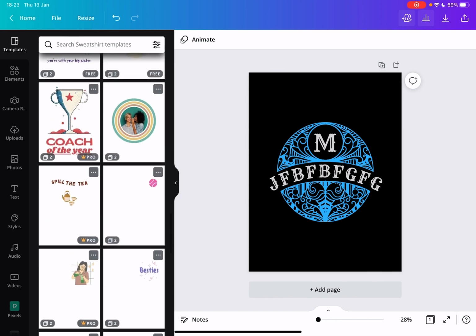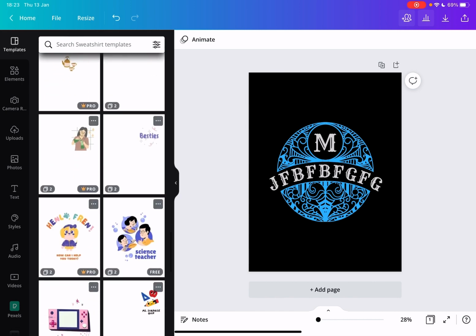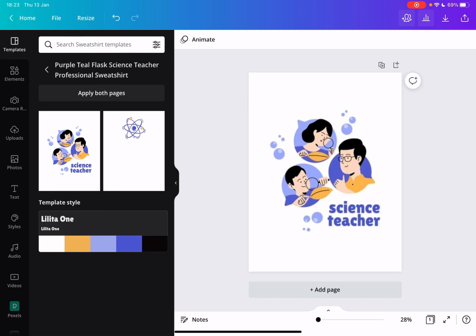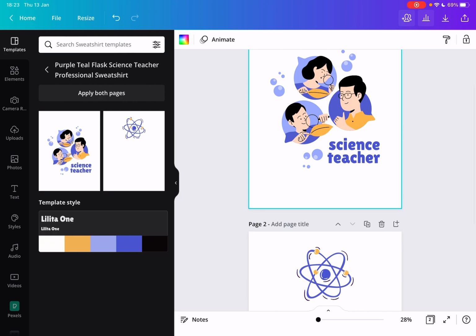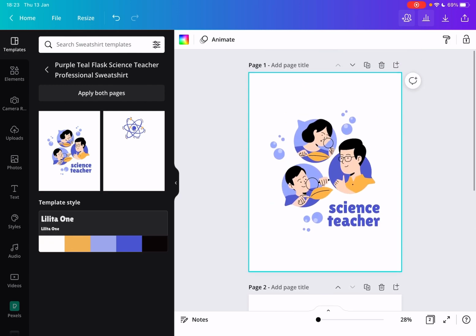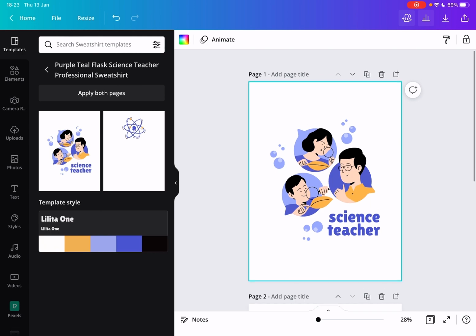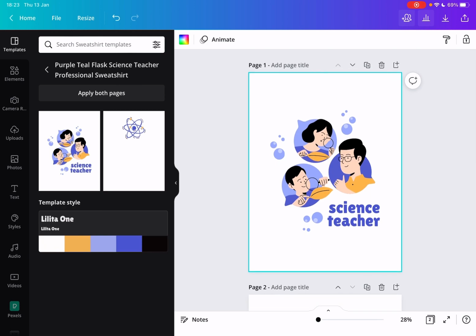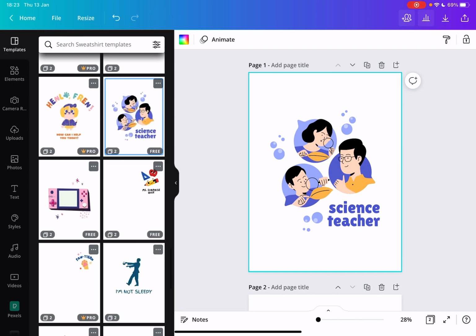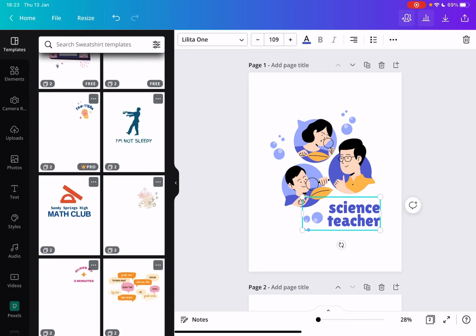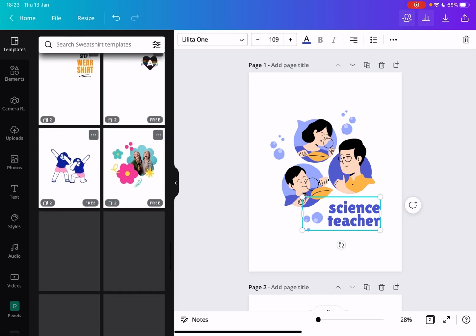So I think this is a great way to create professional but unique designs for your store or merchandise or dropshipping or anything. For example, science teachers, this is the front design and this is the back design. And yeah, you can print these designs on any color of sweatshirt. It would look beautiful. So you can change the colors, you can change the font, you can add or remove